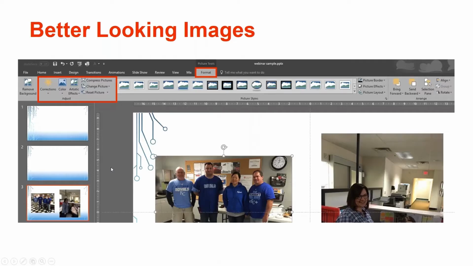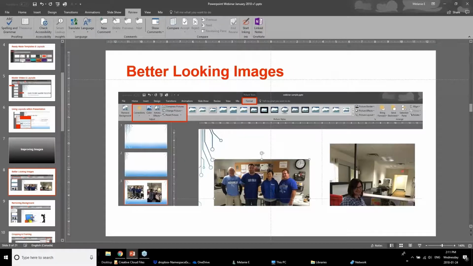Now, let's talk about improving images. Famously they say a picture is worth 1,000 words. I would challenge that in the sense that if the picture is not great, it is not worth 1,000 words. And I have seen this countless times in presentations where people recognize the fact that people like seeing images in their presentations, but either the photographs are not clear, they're too small, they're too many,